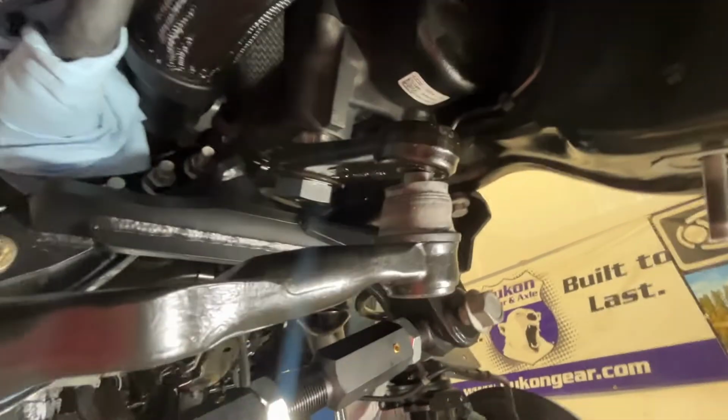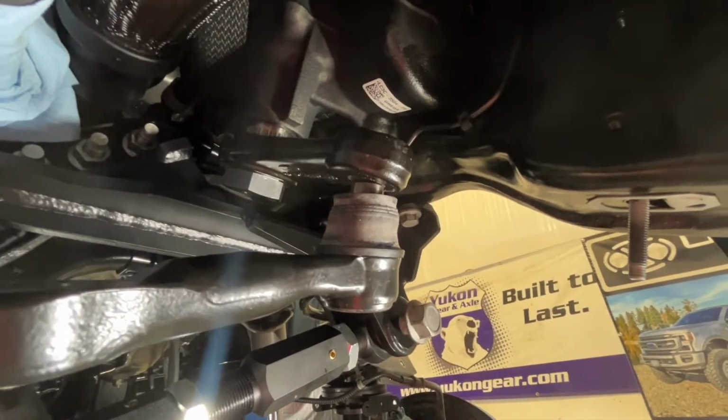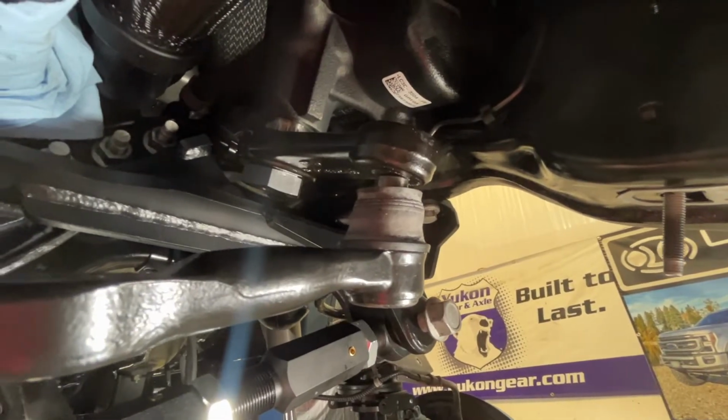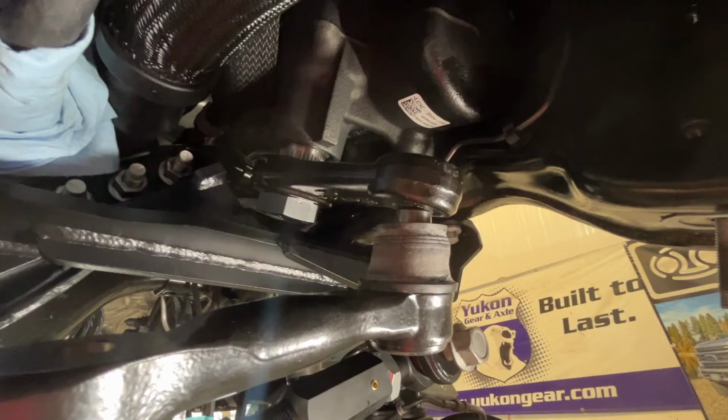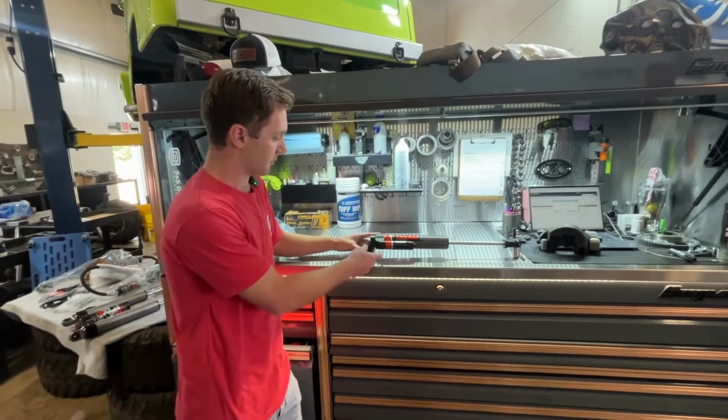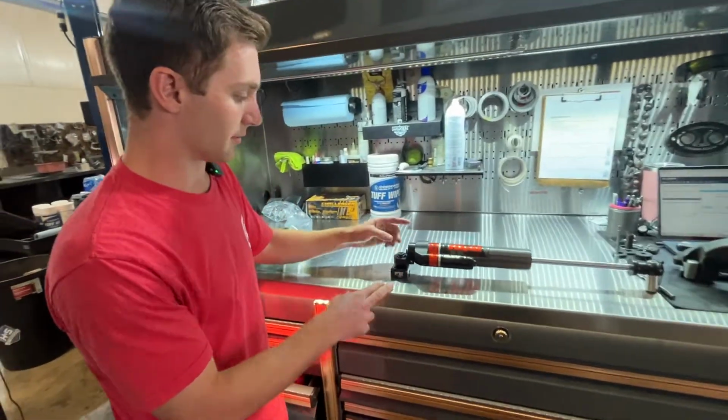So originally the drag link sat on top of the pitman arm. That's why we replaced the drag link, so that we have more clearance in this joint to go under the pitman arm. So we'll get a nut on this, and then we'll be ready to install our steady track bracket on top. One thing to do on our ATS stabilizer before we put in the truck,